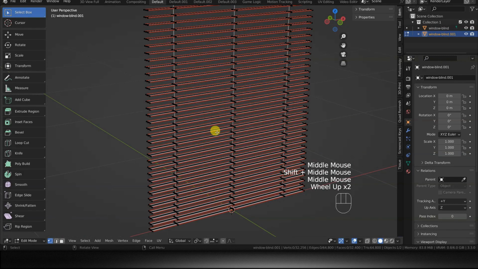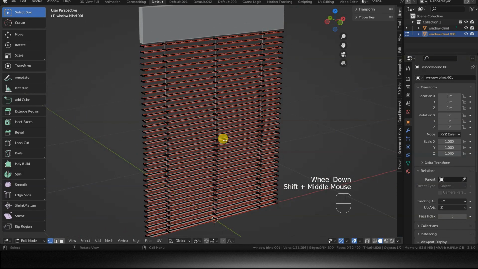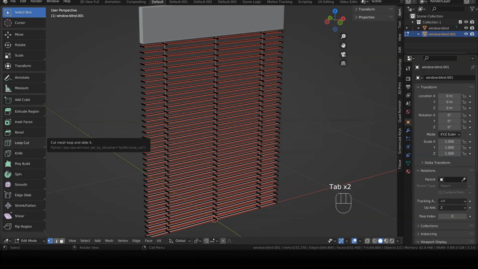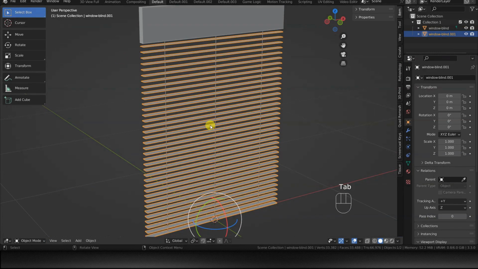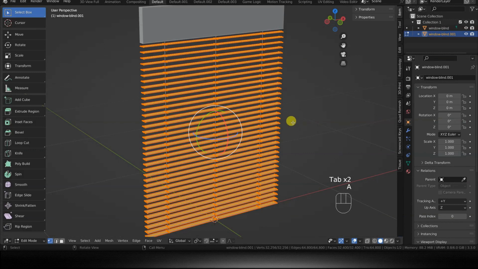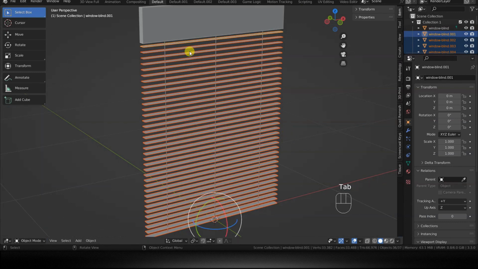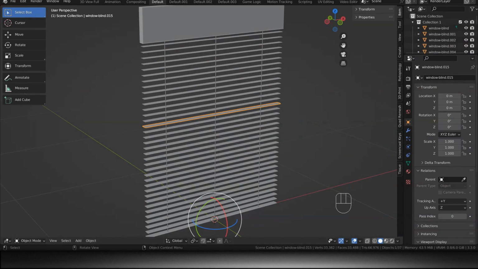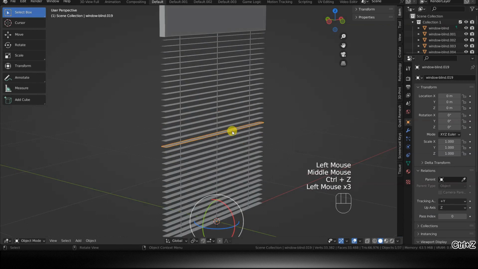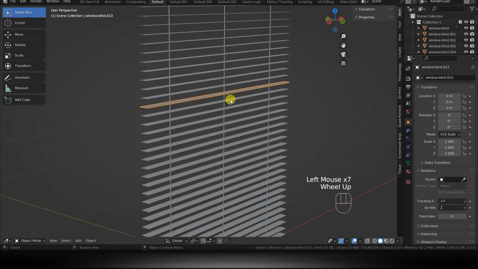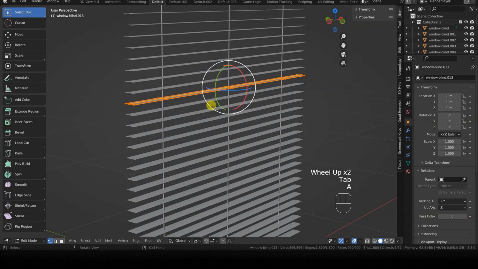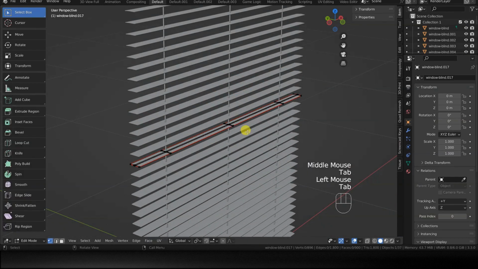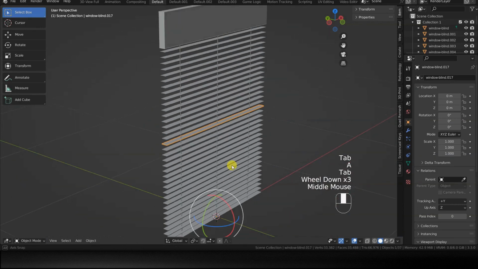Before we set the origin again, however, we need to make each slat a separate object. In this case too, we will use the separate operator, but this time, the selection will be simpler. It's sufficient to switch to Edit mode, select all the geometries with the A key, press P and choose, this time, the operator by loose parts. Each slat is now an individual object, but all the slats have their origin located where the origin of the object from which they derive was, so now we have to correctly set the origin of each slat. With this type of object we are lucky, as the origin can be simply set to the center of the geometry of each slat.